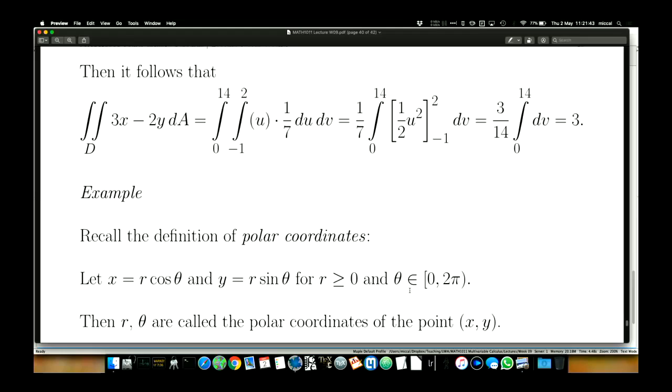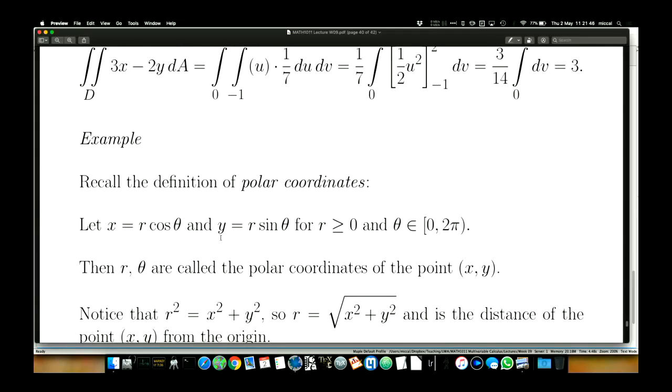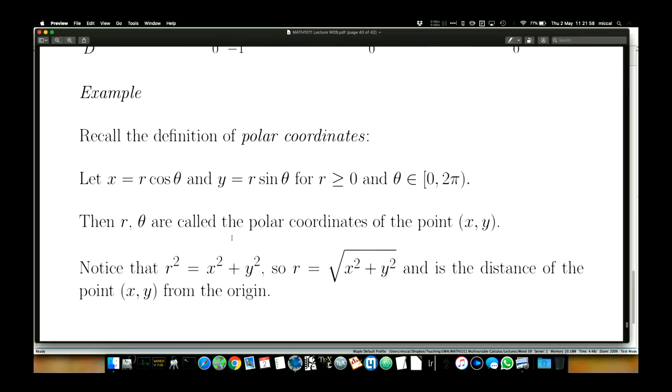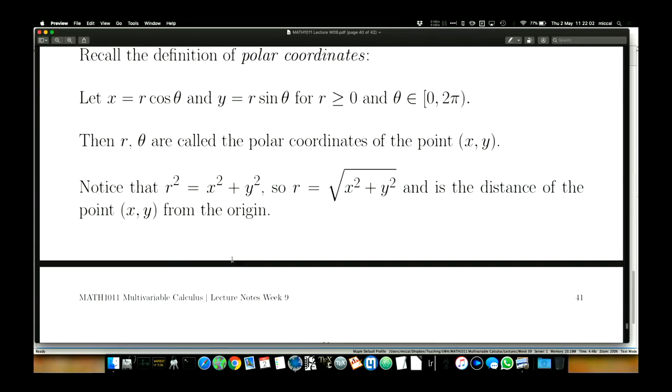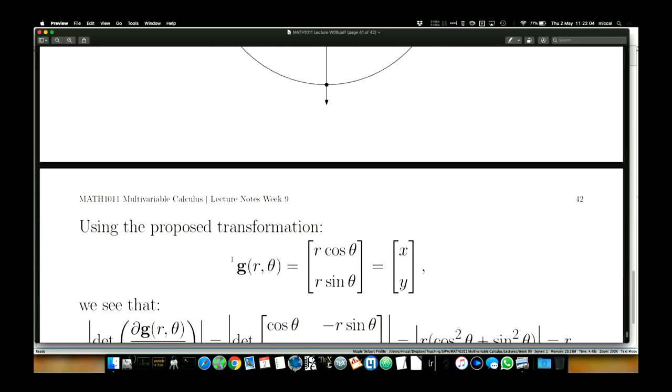So remember our polar coordinates, we replace x with r cos theta and y is r sin theta. So our new variables are r and theta instead of u and v. It doesn't matter what we call them. Let's just stick with r and theta because that's what we're used to. So this is just a review of all the polar coordinate stuff, but if I've got an integral